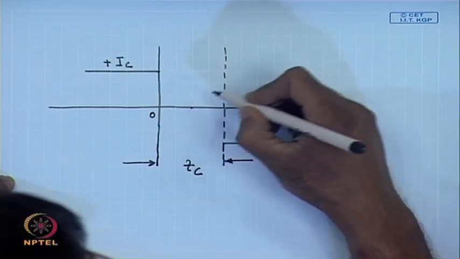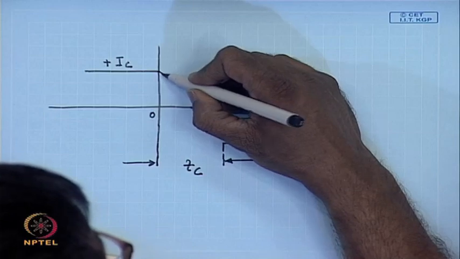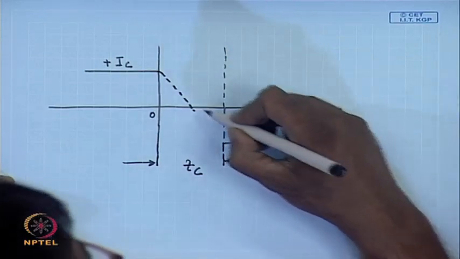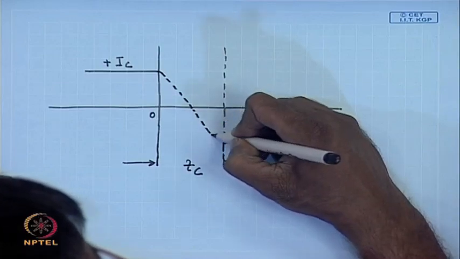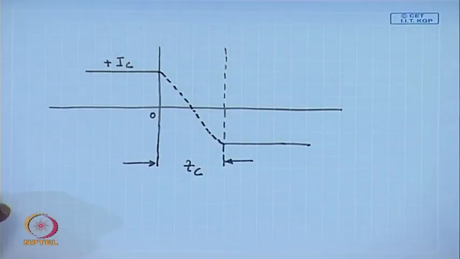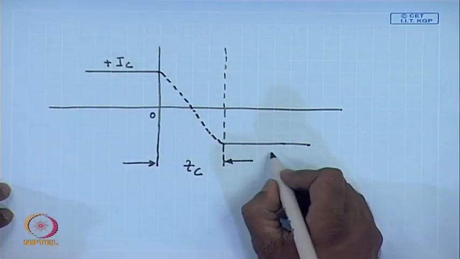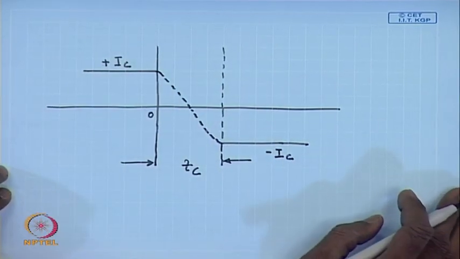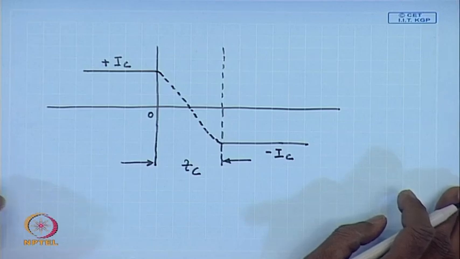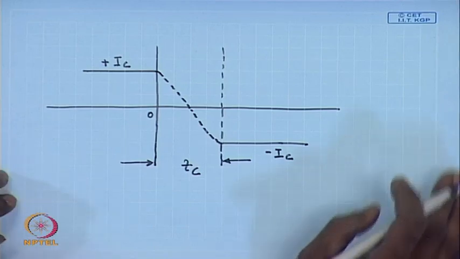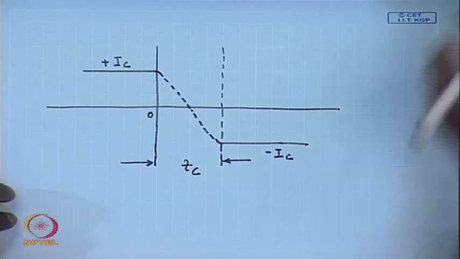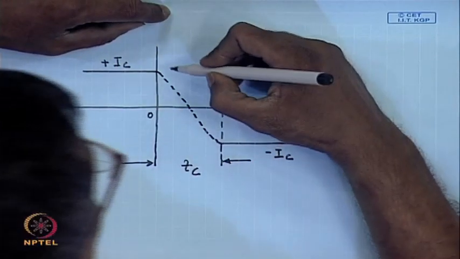Ideally, we would like the current to change linearly at a constant rate from plus IC to minus IC. This is called the ideal commutation characteristics, but in practice it is never so. There are several reasons for this. In some cases,